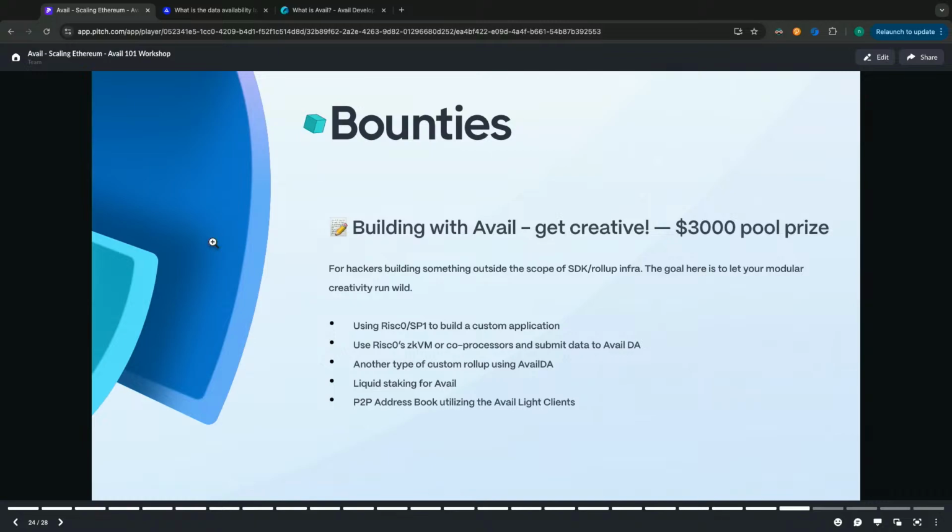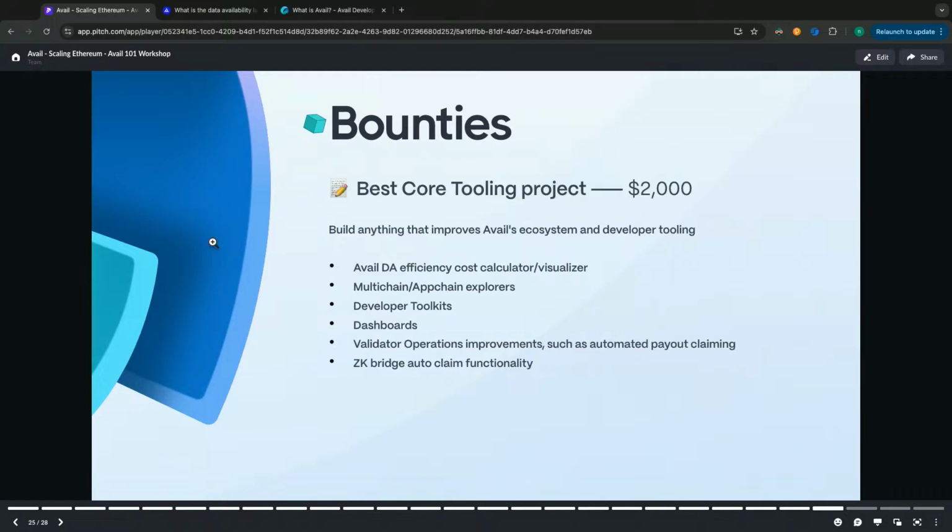building with Avail. So this is basically using RISC0, SP1, or building some kind of liquid staking, or doing a P2P address book. And then bounties for best code tooling. This is something that builds a developer-focused tool, which our developers or people in the Avail ecosystem can use. This includes dashboards, multi-chain explorers, cost calculators or efficiency calculators, or visualizers. And then finally,